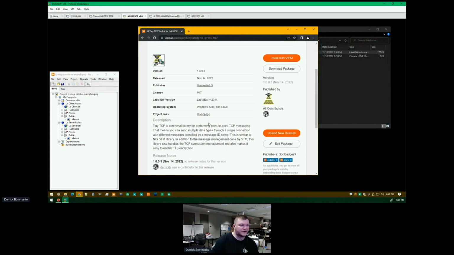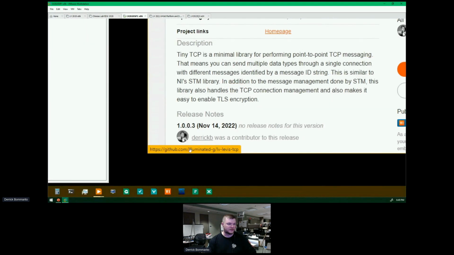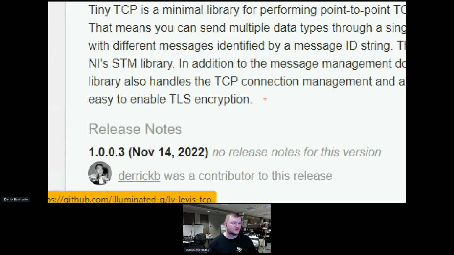While he's responding, so for instance, here is one of the package details pages on VIPM.io, and the homepage link will bring you to the GitHub repository. So if there's any feedback or questions or issues you find, definitely feel free to hit up the issues page